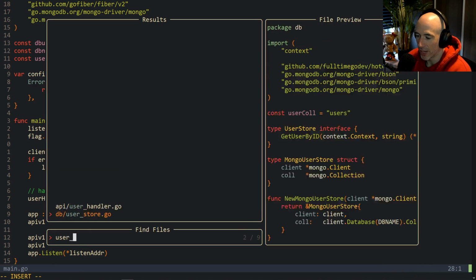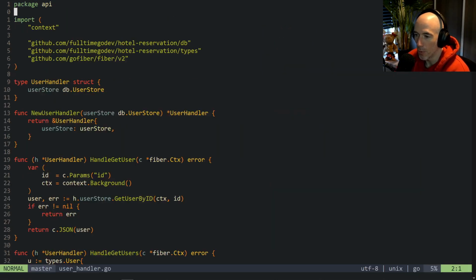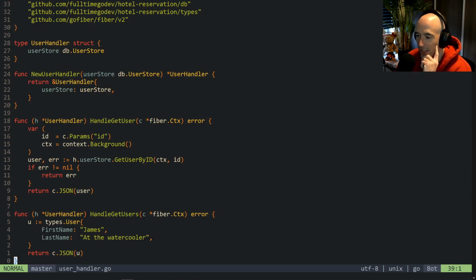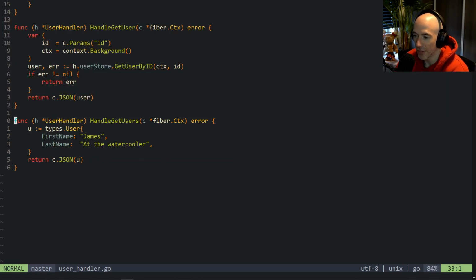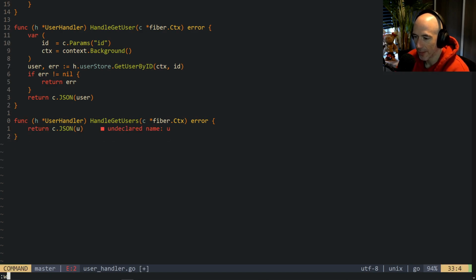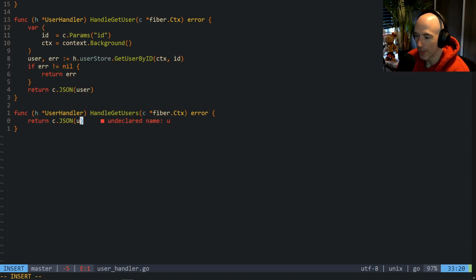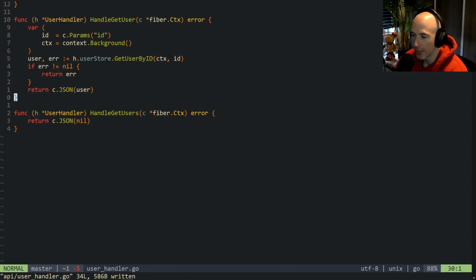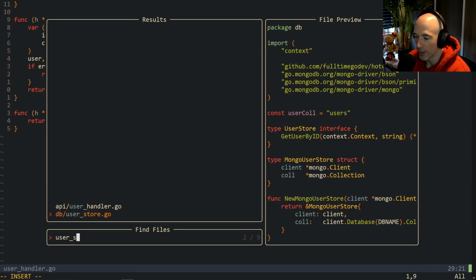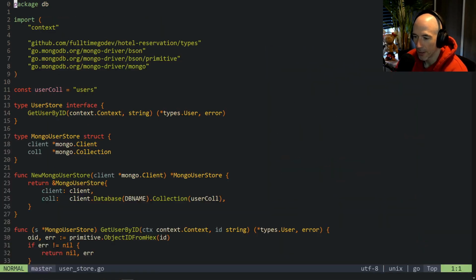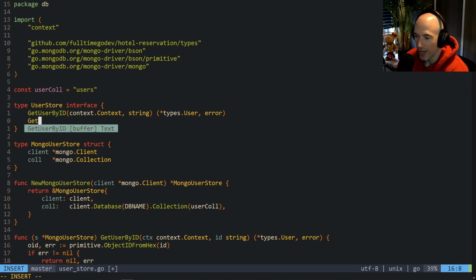So let me open up the user handler real quick. What we could do already is handle get users. This is not 100% complete, so we're going to fix that. We're going to delete this thing. I don't think we have anything, so let's do nil here for the compiler. I don't think we have anything to retrieve in our user store, right? So we have get user by ID in our interface here, and we need to have get users,